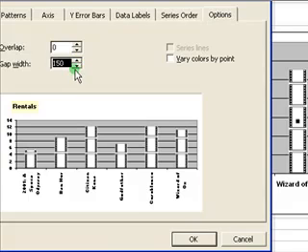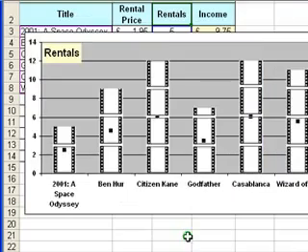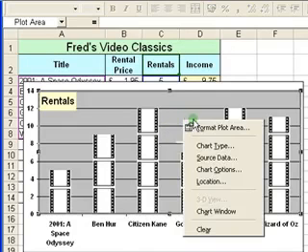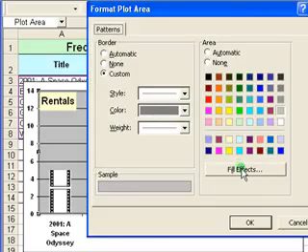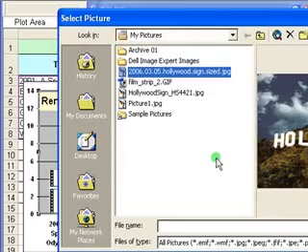If I click on that little button there, sometimes it's quite hard to click on because it's so small. There we go, take it down to 100, click OK, and you'll see the columns now are looking a bit more healthy. The final thing I'll do here is on the background I'm going to put another picture. So I find my plot area, make sure a little label pops up, click on that, right click, go to Format Plot Area, come to Fill Effects again, come to Picture, select Picture,